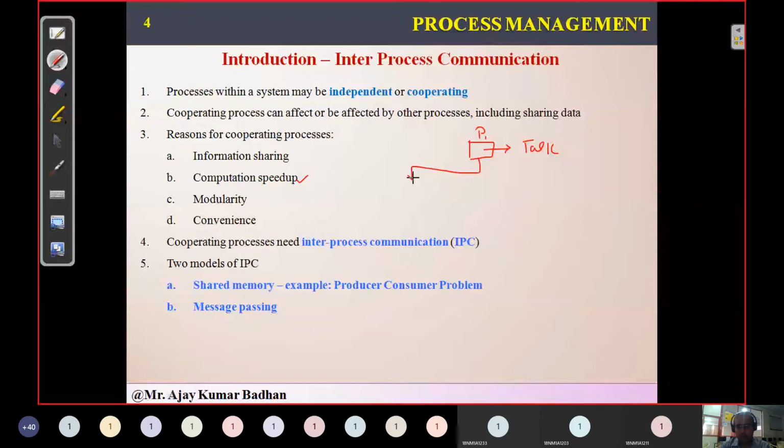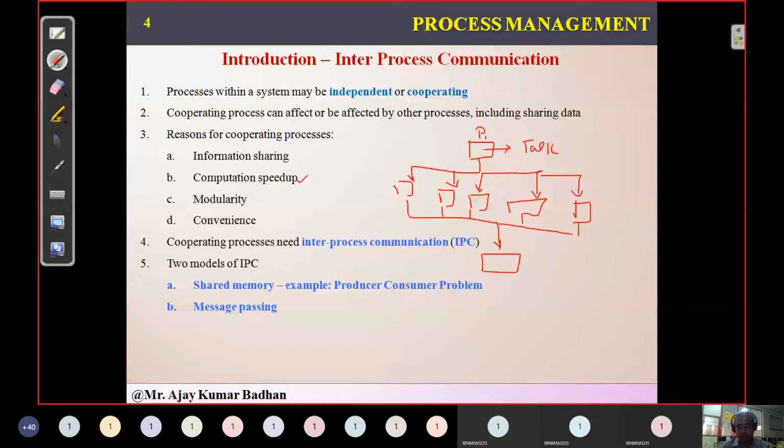So all these subtasks will be executed simultaneously, and after that, whatever the results are, we will be merging them up, and finally you'll get the solution for that particular process. So whatever task the process is trying to execute, it has performed well. Okay, so that is what actually happens in this particular scenario.